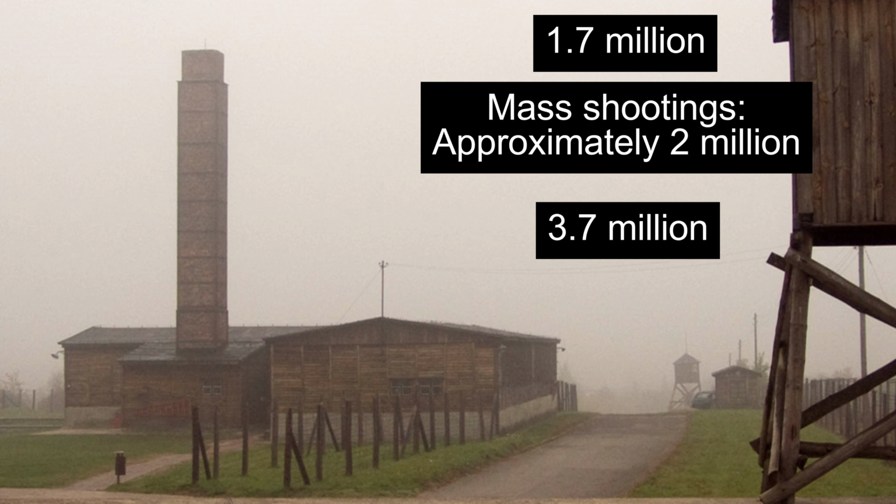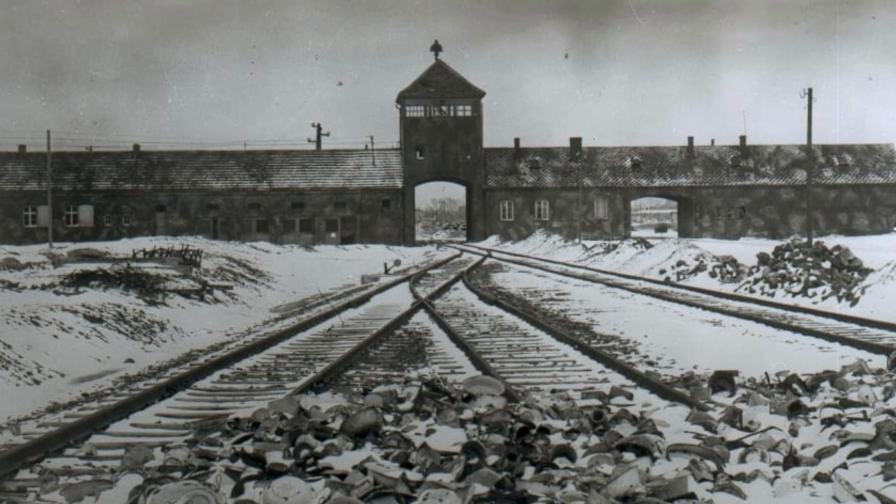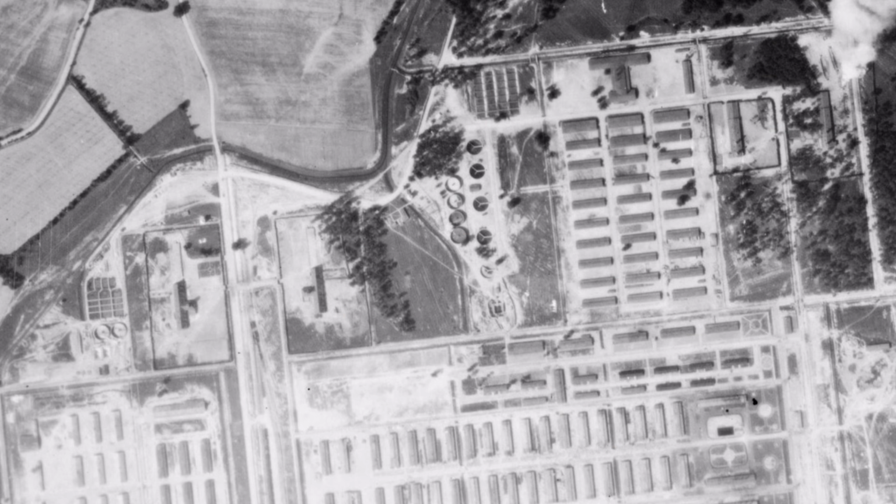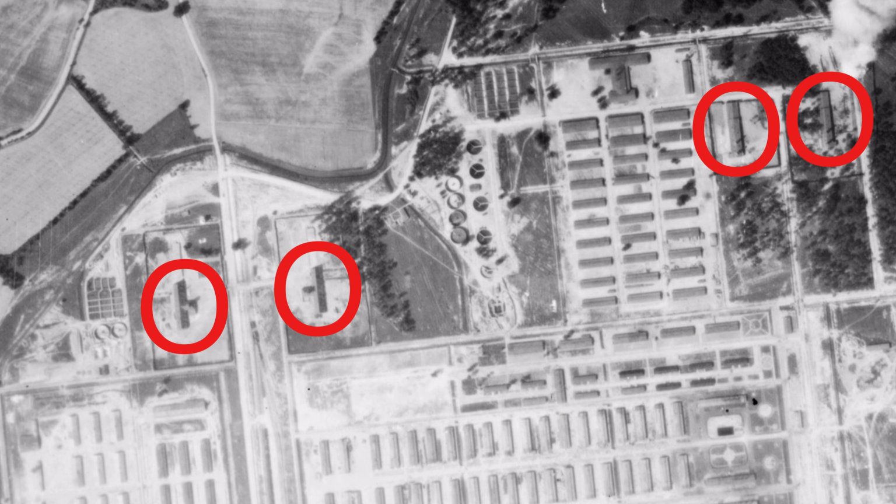And we haven't even yet mentioned the biggest and most destructive camp complex, Auschwitz. Auschwitz began as a concentration camp, but was chosen to become a major extermination centre due to its location in Central Europe near a major railway hub. By mid-1943, 4 large crematoria and gas chamber buildings were operational at the Birkenau subcamp, and a letter by the chief of construction at Auschwitz to the head of SS construction in Berlin reported that over 4,000 corpses could be